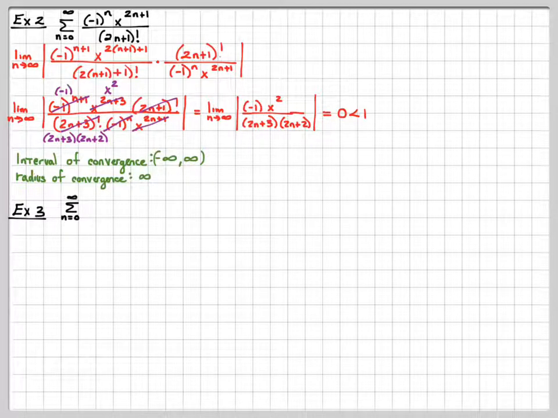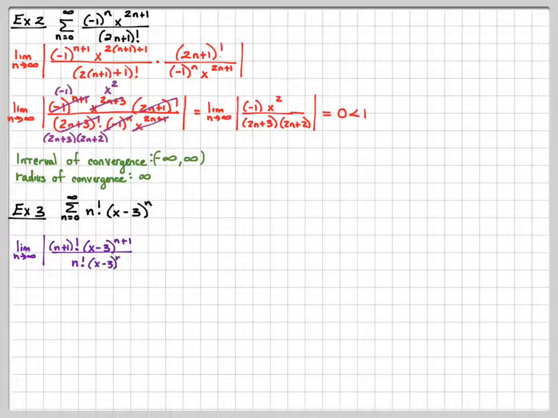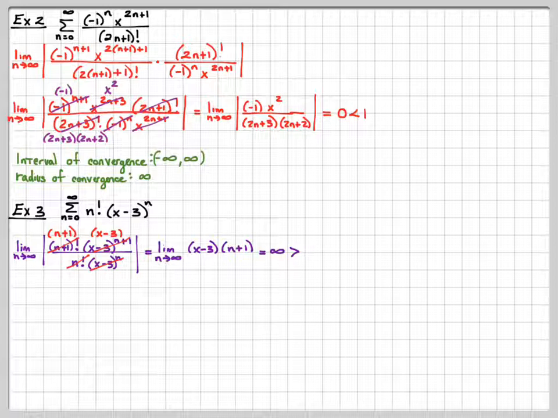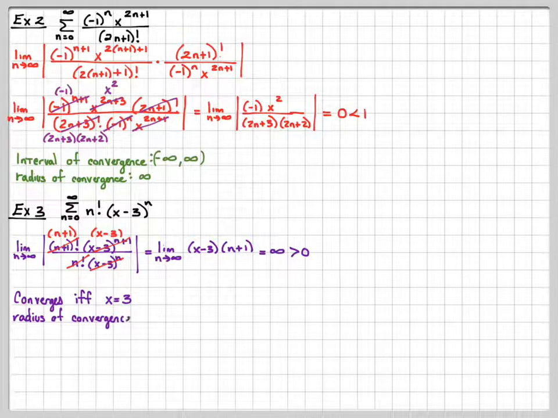Okay, example 3. Do ratio test first. Cancel things out. So we have n plus 1 times x minus 3. We're finding the limit of that. Now the numerator is always going to be bigger, so it's always going to be infinity, which is always greater than 0. But there is one value that would make the limit not be infinity,